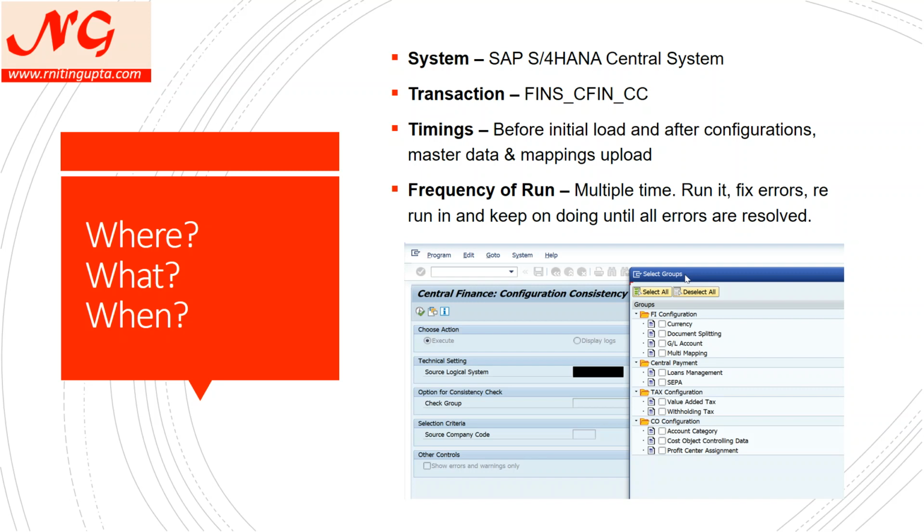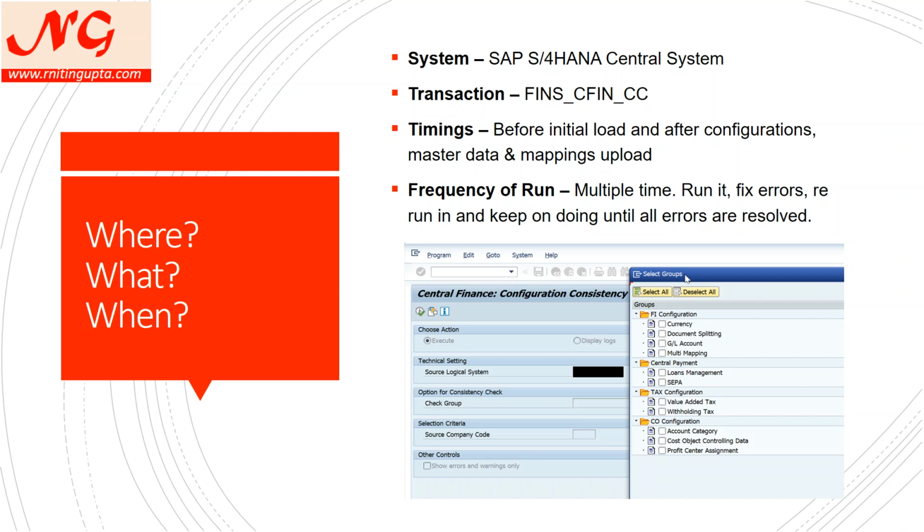It checks whether the GL account currency on the source side and the CFIN side is the same. For example, you have a travel expense account on source as 1000 and a travel expense GL account on CFIN as 2000, mapped together in fins_map_manage transaction. And on the source the currency is euro, but on the CFIN it is US dollar. Then the system says, hey, something is wrong. You have to change either on the CFIN side or on the source side, depending on the design. You may be going through a redesign of the processes, so you might change the currency. But it has to be consistent at the end of the day.